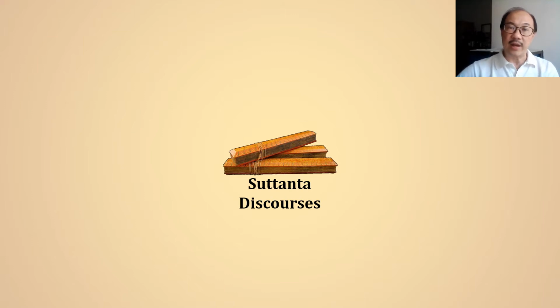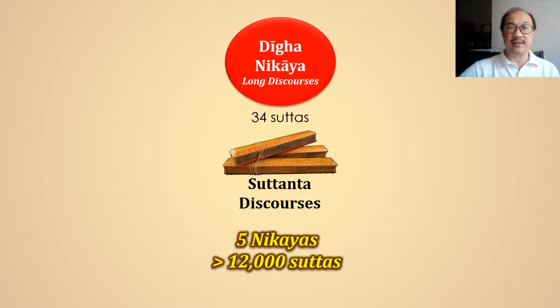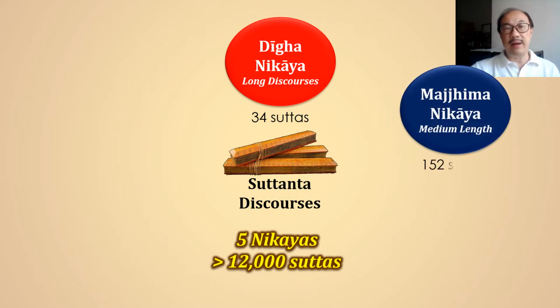Suttanta, the second collection in the Tipitaka, consists of more than 12,000 discourses, both long and short. It is divided into five Nikayas. The first one, the Digha Nikaya or the long discourses, has 34 suttas. Next, the medium length or the Majjhima Nikaya, with